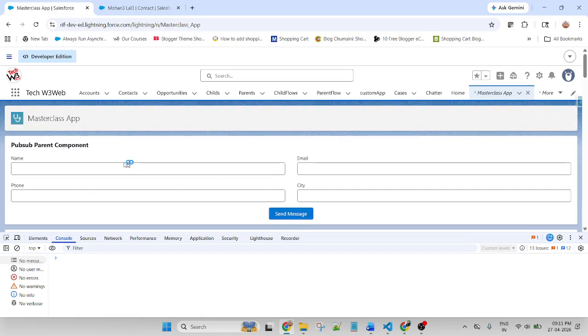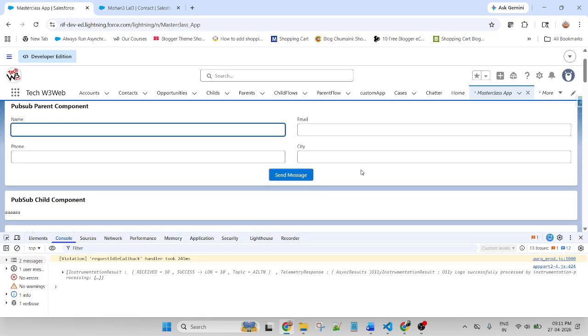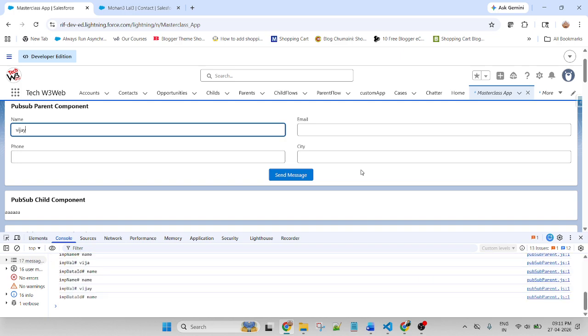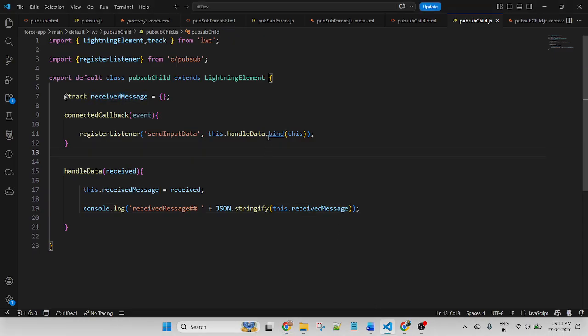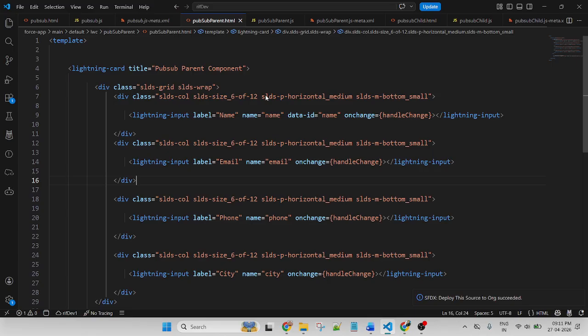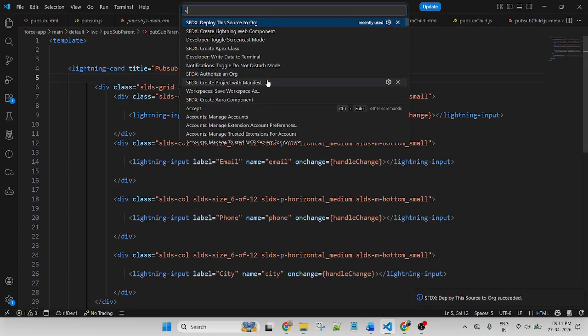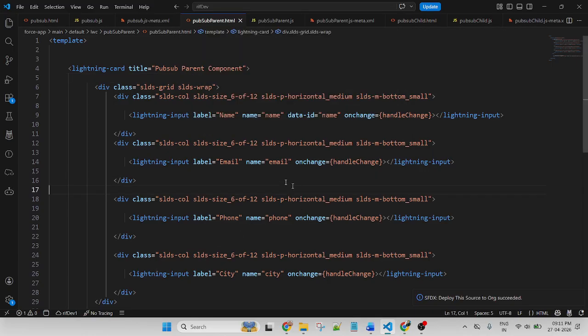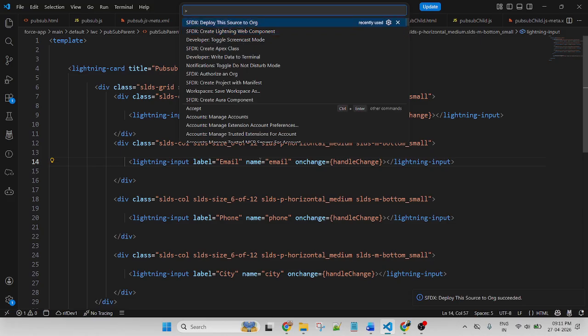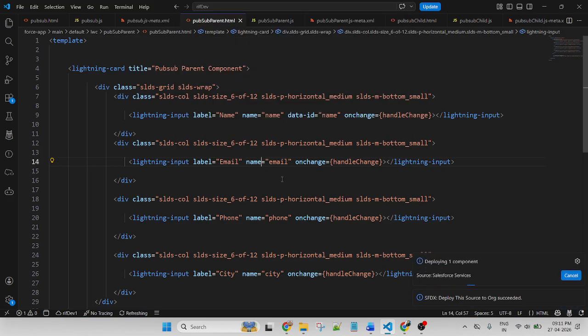Clean. Now put Vijay. I think my parent component is not deployed, because I commented the console. Why is it displaying?